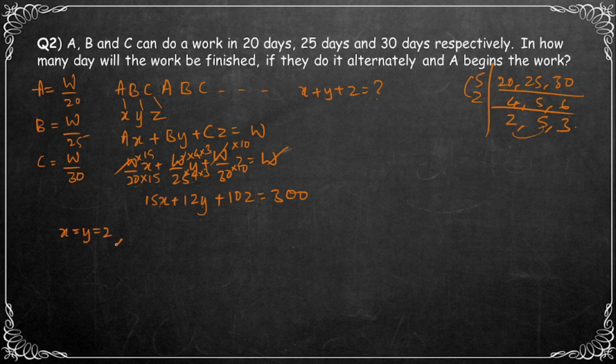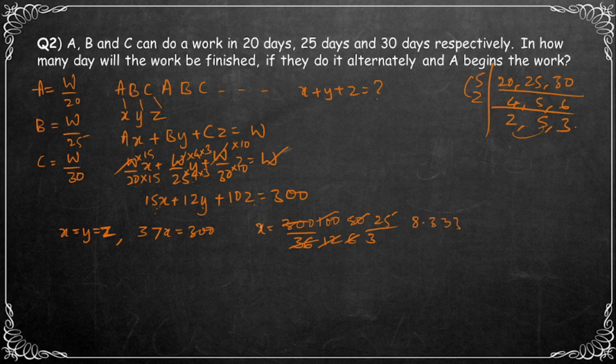If we do that, we get 15x plus 12x plus 10x, which is nothing but 27 plus 10, which is 37x, is equal to 300. Now x is equal to 300 divided by 37. In order to just do the calculation, I will take this 37 as 36. So 3 12s are 36, 300, 2 6s are 12, 250, 2 3s are 6, 225. So this is nothing but